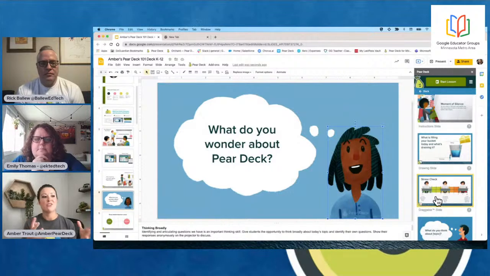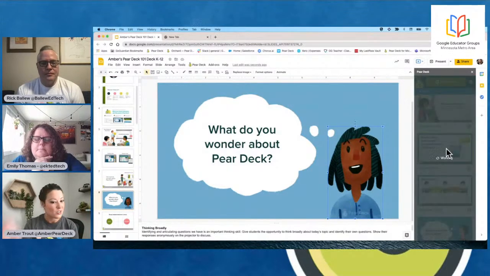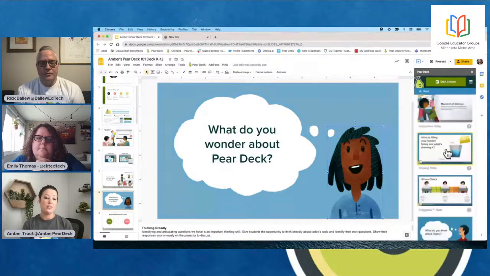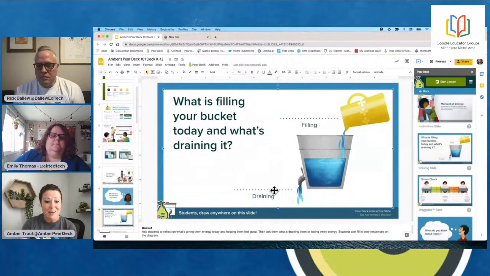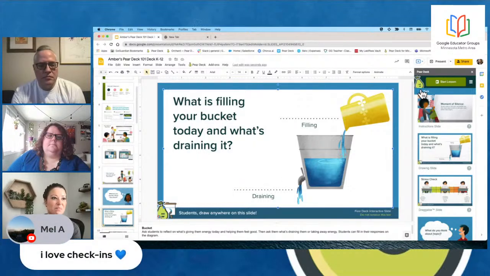Or I like to use these after a long weekend or when you're coming back to school after the summer and you just want to check in with kids, maybe give them a moment to tell you things before you start. So again, if you want to use a template, it's a one-click process and it's going to populate right into your Google Slides. These are really nice because now they're anonymous when they're coming up on the screen. I'll show you that during my live presentation, but kids can actually have a one-way conversation. Maybe something really is bothering them and they don't want everyone to know it. Well, they're not going to, because this is anonymous for kids to be able to share those things with you. So really nice check-in slide in our SEL templates.